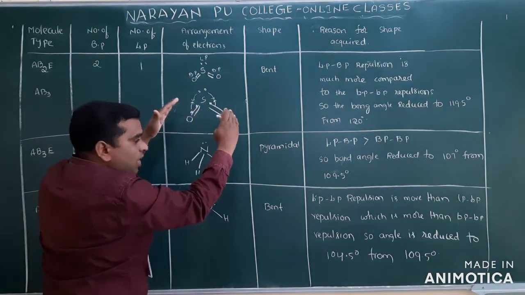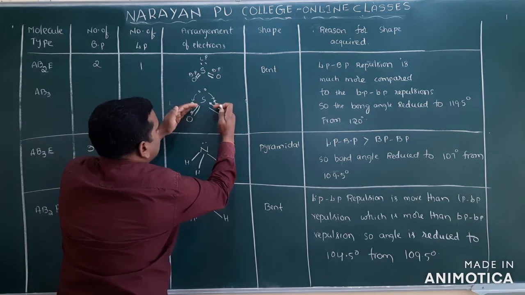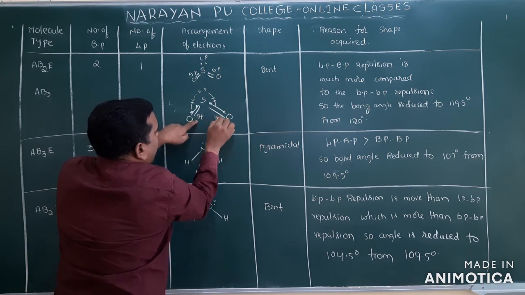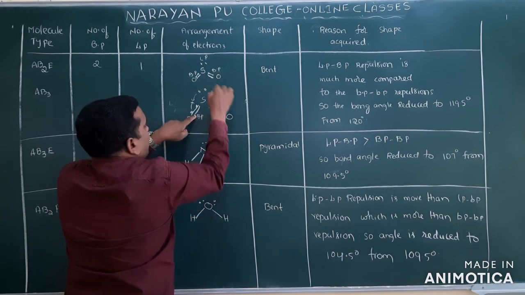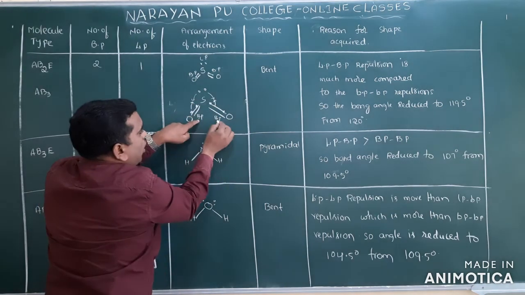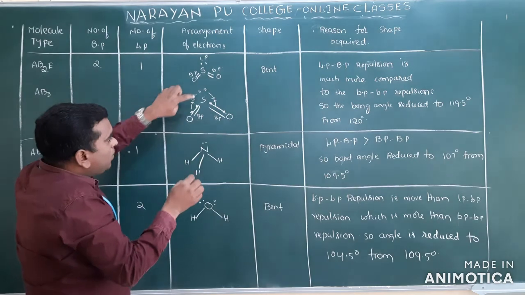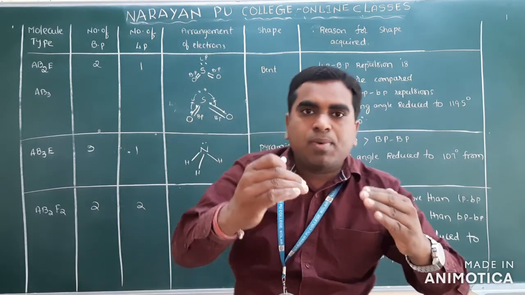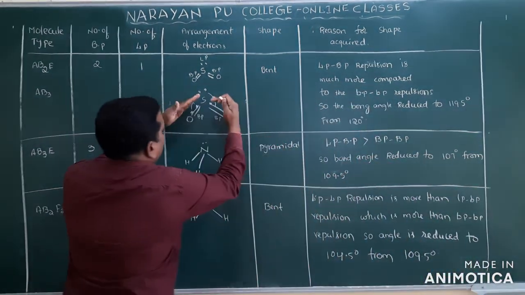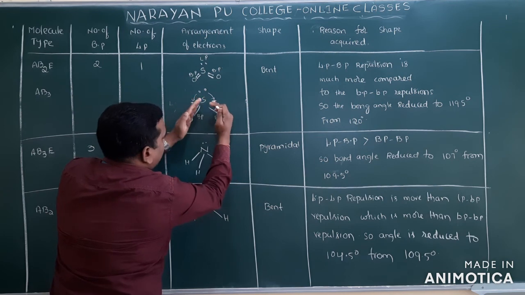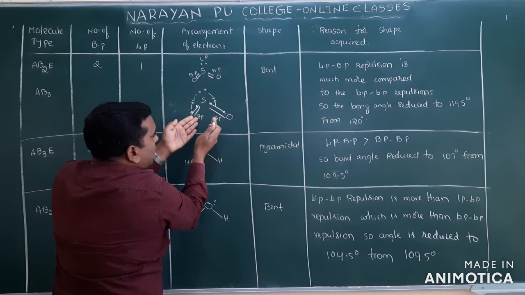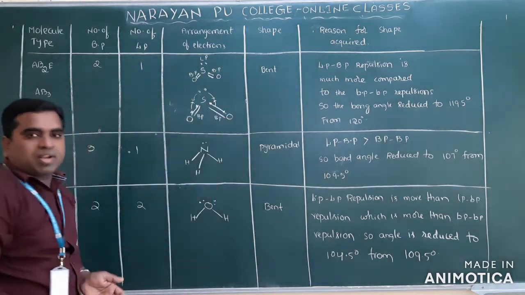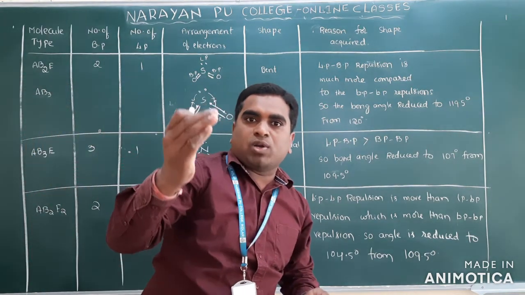Then what will happen? To avoid these repulsions, these two bonds will come close. Why? Because here bond pair-bond pair repulsion is formed between these, and here bond pair-lone pair, here also bond pair-lone pair. But bond pair repulsions are less than lone pair-bond pair repulsions, so to minimize the lone pair-bond pair repulsions, these two bonds come close. Then automatically the angle changes from 120 degrees to